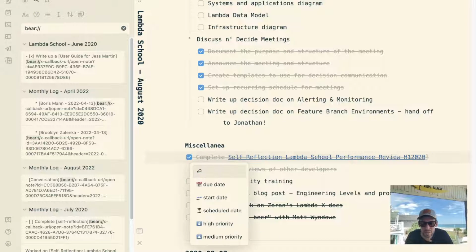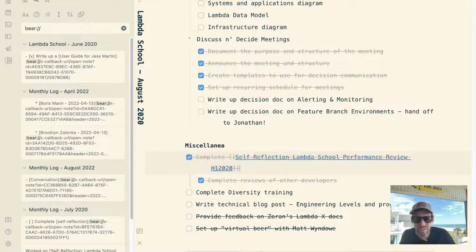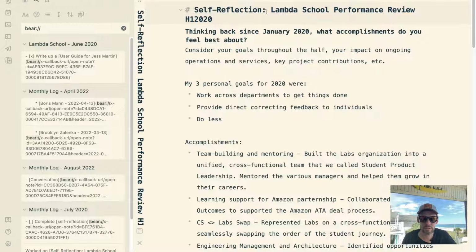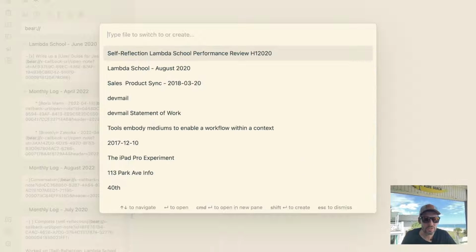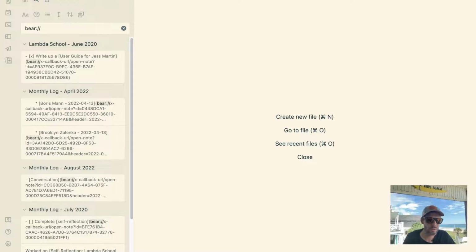Whoops, way too many of those things. Okay. It's going to take a little while to get these keyboard shortcuts down, but now this properly links to self-reflection. Okay, good deal. I'm curious whether self-reflection continues to show up. It does with a colon. I'm not sure what that's about.